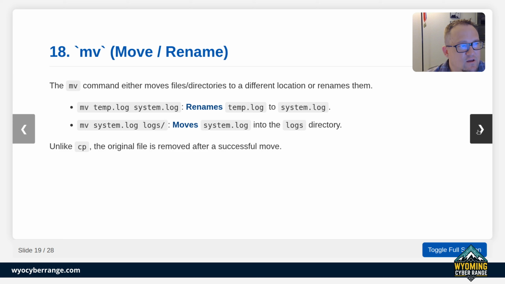mv, on the other hand, can do one of two things. It's good for moving or renaming. A common pattern in automation scripts is to have a folder of new files, and the script processes each file one by one, and after it's done, it moves it to a processed directory or an archive